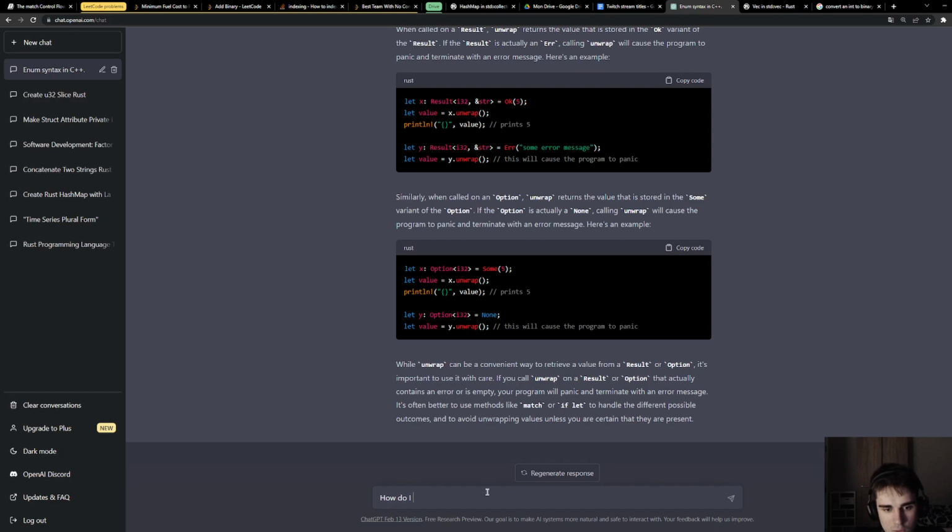How do I convert an integer in Rust to a string representing its binary representation?